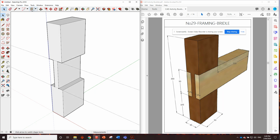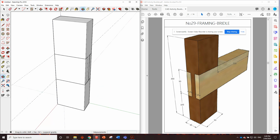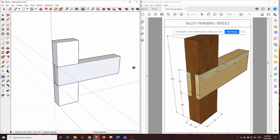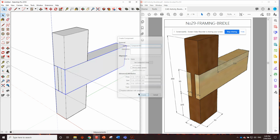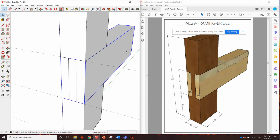Next thing, easiest way to do this would probably just be push that, grab a rectangle, click from there to there. We'll push this one just to the end, so it should be 90 millimeters, yep. And then we'll grab it again and go the 210 millimeters further, 210. There we go. Now that looks about the right size. All we have to do now is triple click this, make it a component, and similar to the mortise and tenon,